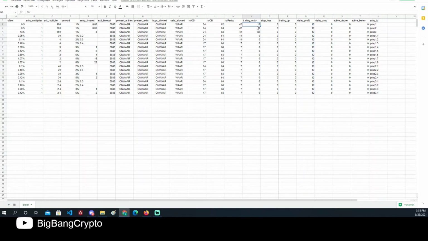The trailing entries are a lot too high for this time frame, so I decreased those a little bit. I think the offsets are okay. Yeah, they should be fine here, and I have the naming correct,